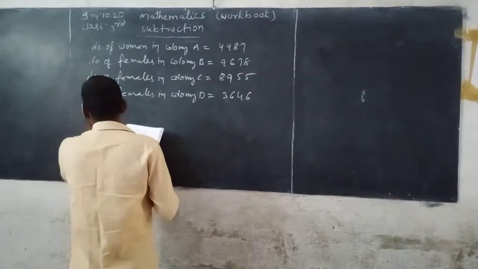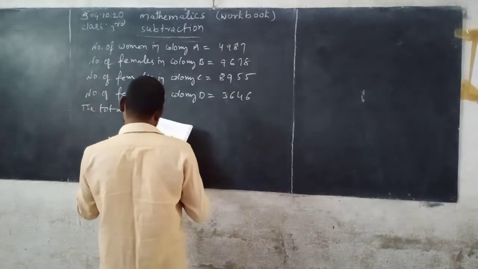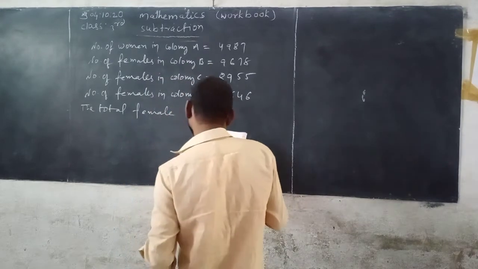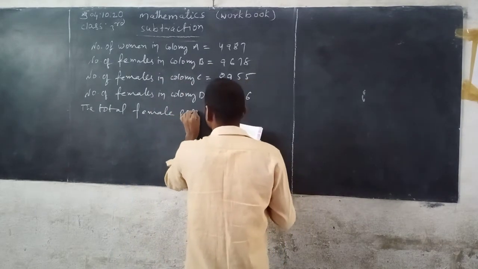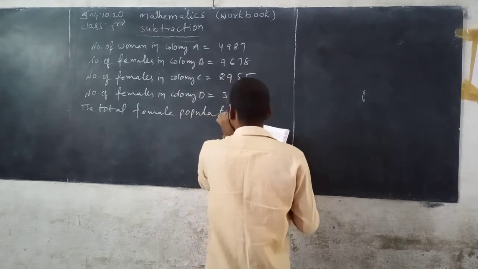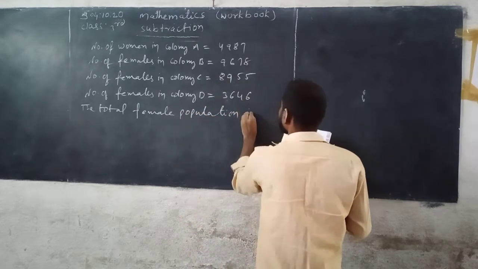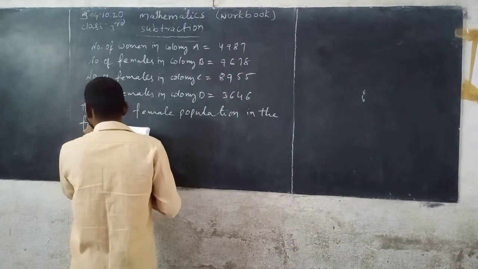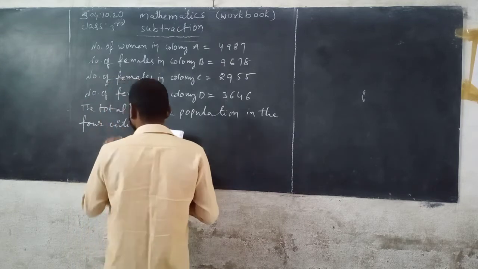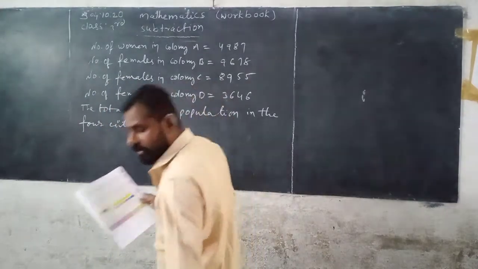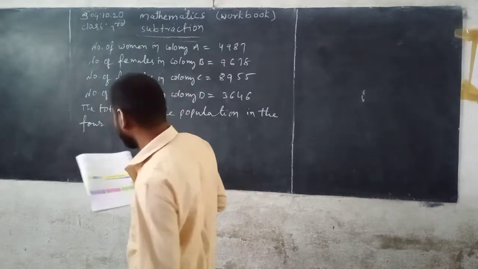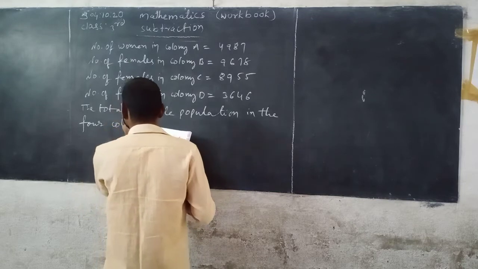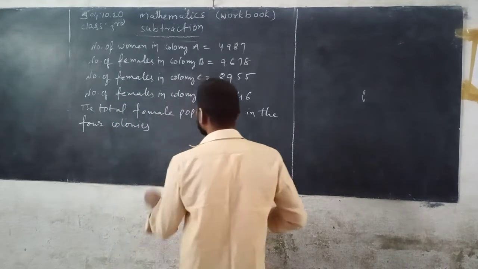The total female population in the 4 colonies is